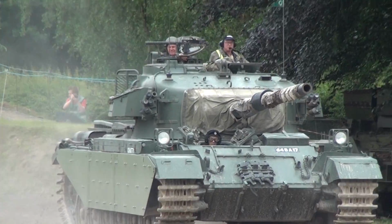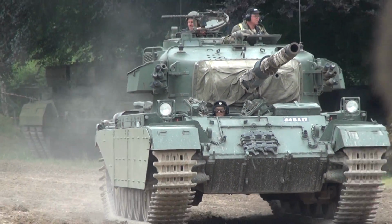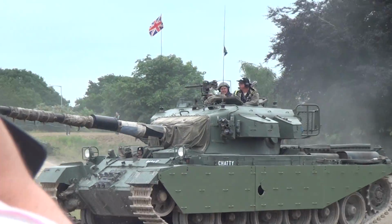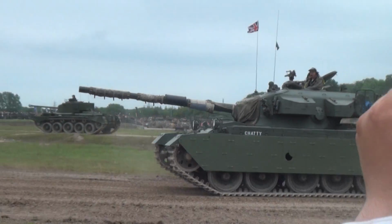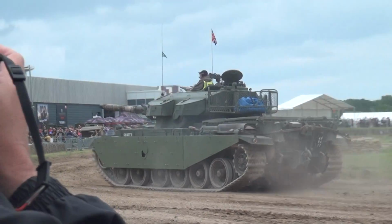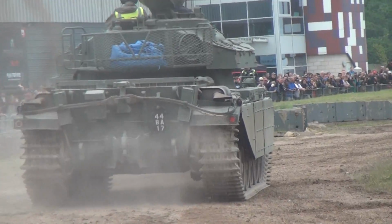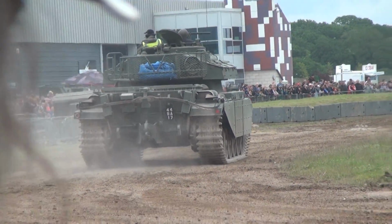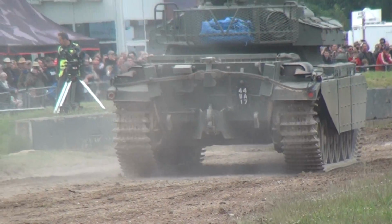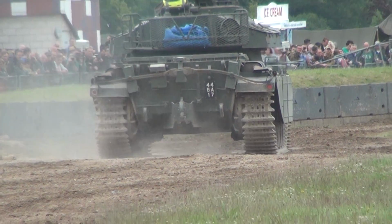Now, arguably, for some countries, the best tank of all time, this is the famous Centurion tank that was designed in Britain in the war, doesn't see action, it's rushed to Germany. Centurion had that same gun on, the 17-pounder, then a 20-pounder, and then this version, the 105mm gun, the L7. And that was a cracking anti-tank gun, probably the best in the world,